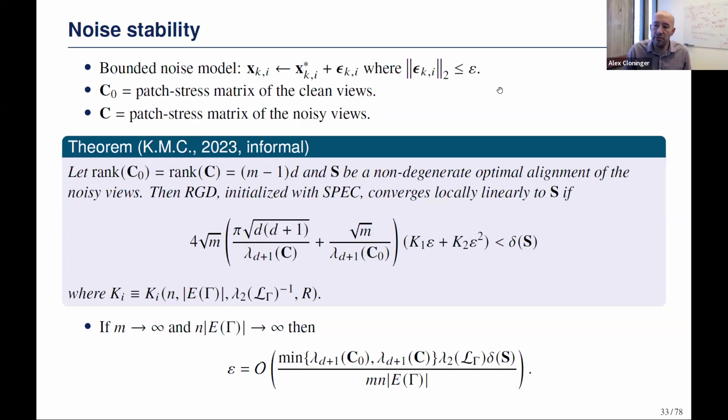So I have noisy local views. Also, I need to initialize somewhere, and I need my initialization to be good. So it turns out under these settings, if you initialize with spectral initialization, which has a very nice closed form, easy way to get that initialization,